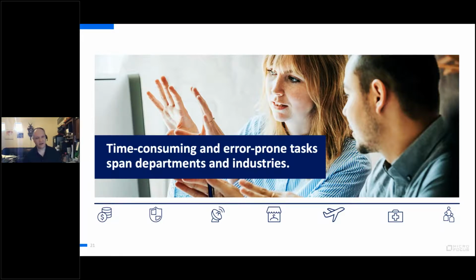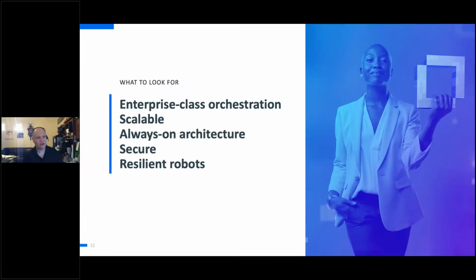So, as you're looking at enterprise class orchestration, what should you be looking for? Well, you should be looking for a solution that makes it scalable for you, that makes it enterprise class. It's running on a server infrastructure. It's running in the cloud. It's always available. It's secure. It's leveraging resilient robots so that you don't have to constantly keep re-recording your process because a version of the application has changed, or your infrastructure changed, or you added a new user that has different preferences and different layout,